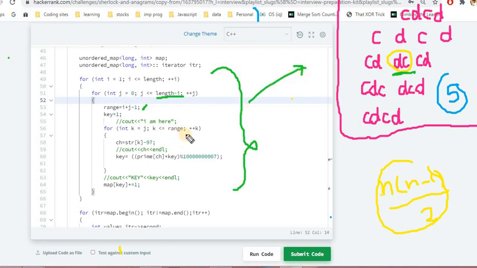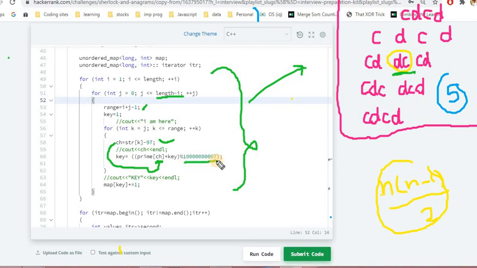And after that we'll take the value. This particular statement will give us the ASCII value of that particular character, and we'll check what the value for this character is in our prime array. We'll multiply by that key, and this is modulo 10 to the power 7.